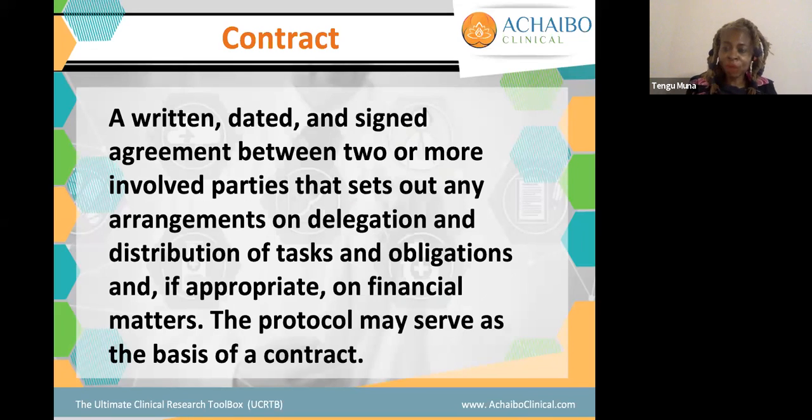We also have other types of contracts from the sponsor side. If I'm running a global study, there are certain vendors that I might want to use. I have to sign a contract with them. It's typically called a scope of work. What are they going to do on the project, and how will all of that pan out, right? So there are various levels of contracts in the clinical research industry.